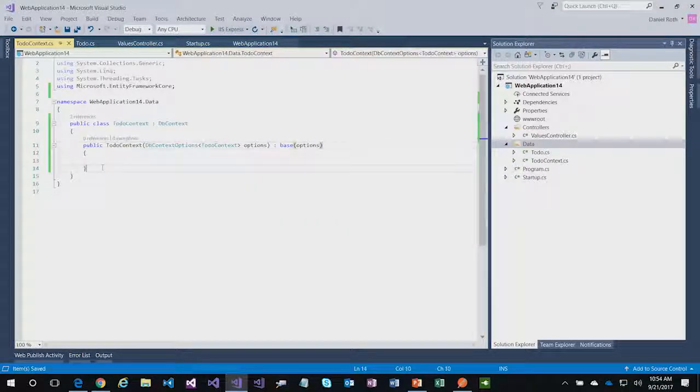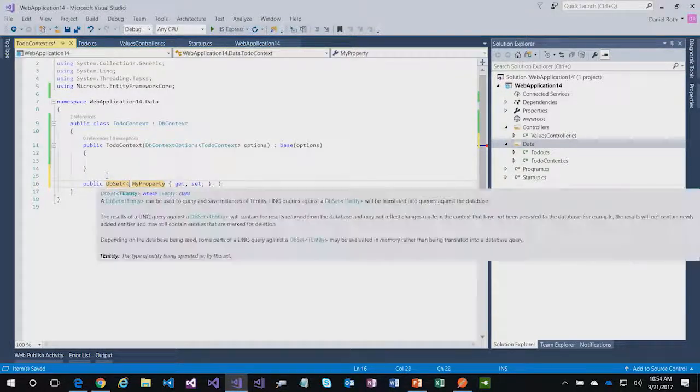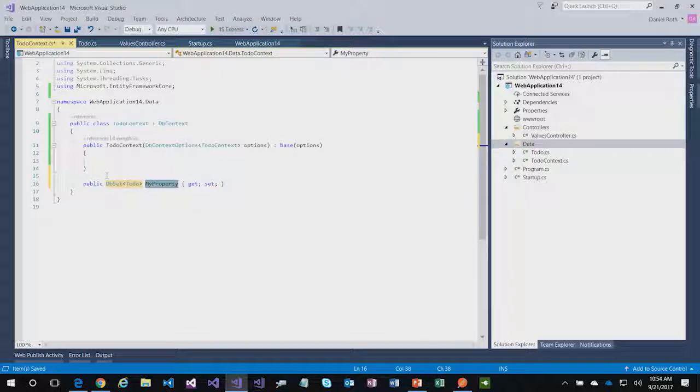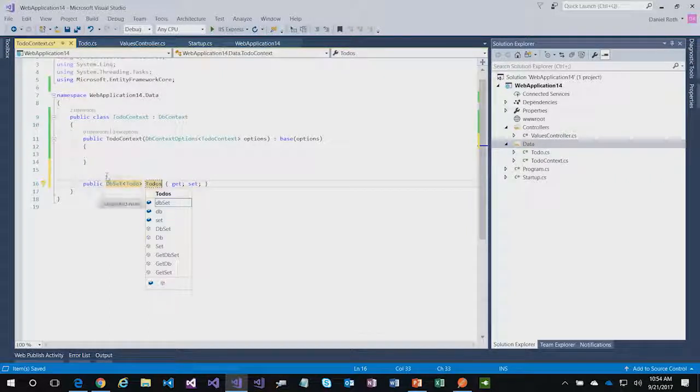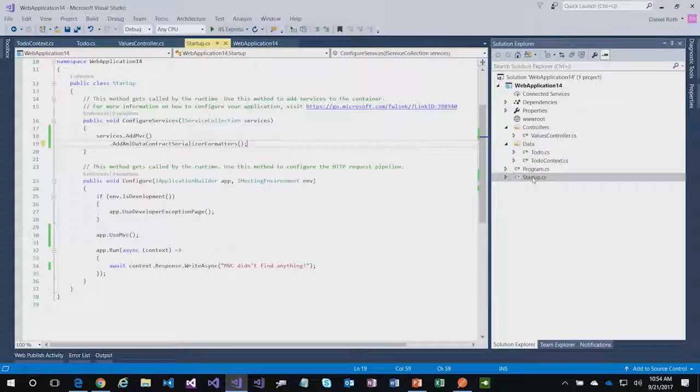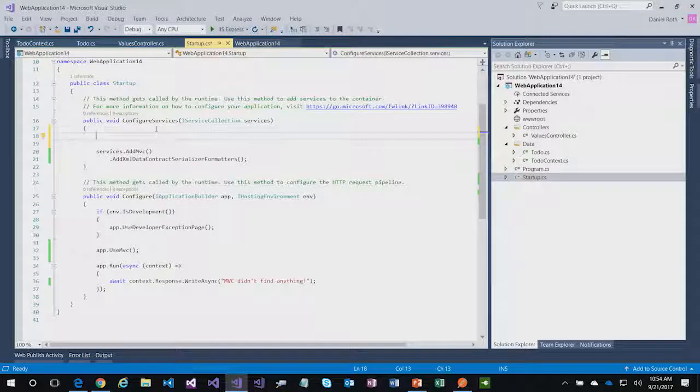OK? And now we just define what are the database sets, effectively the tables that you want to model. So I'm going to add a DbSet of ToDo, and let's call this ToDo. So I have basically a collection of to-dos that are being modeled by this DB context. And I think that's all I want to do. All right. Let's go now back to Startup